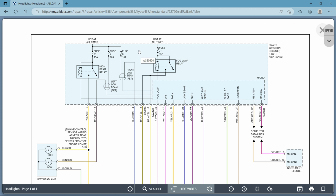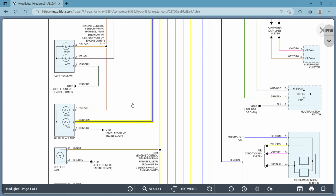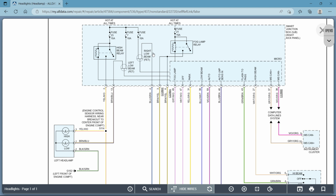When you hit your switch to turn your high beams on, it's going to send power from your fuse through your transistor. Let's see where that gets its power from. That's blue and green. And that's the one that goes to your low beams. That's your right headlamp. Let's see where, yeah, and it's not really showing you where the other side of that goes, so it's not exactly the best example, and it may be a little confusing, so I apologize for that,